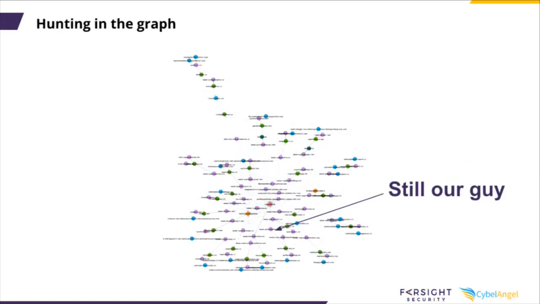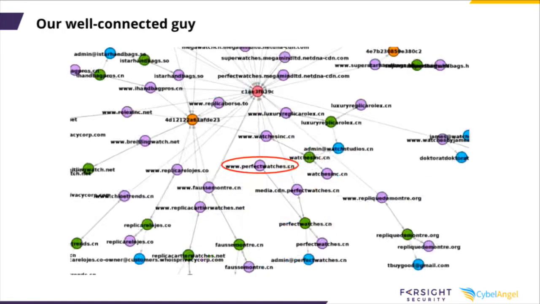So it's, let's say, an independent subgraph. And it's clearly a single organization. It's one organization administrating dozens of counterfeiting websites. You can clearly see the organization here. The pink dots are the websites. The other ones are the features. And so if I zoom in a little bit more, we find our guy here.